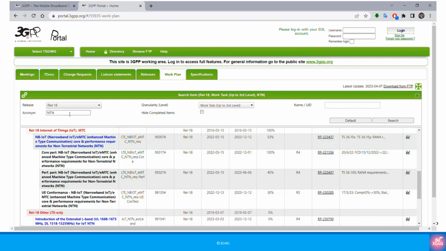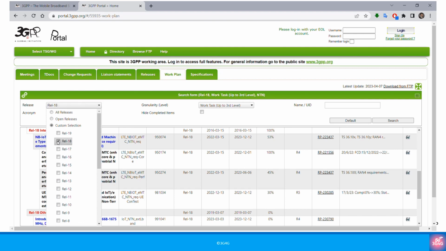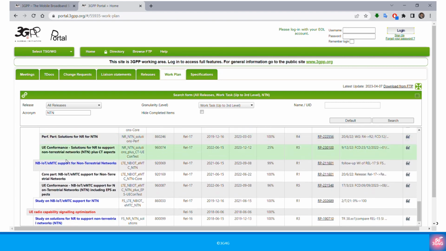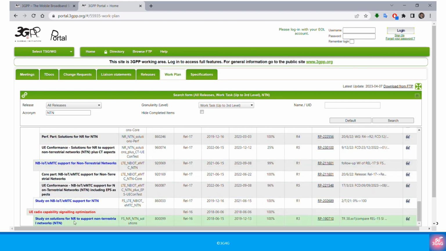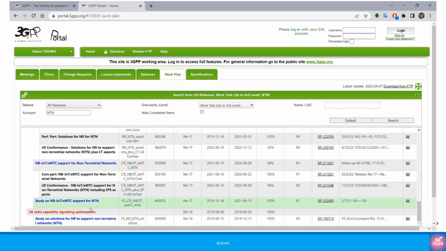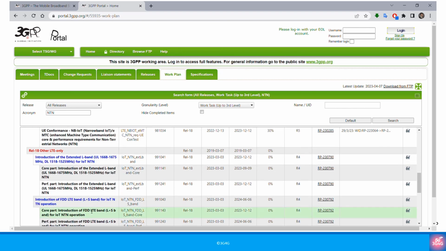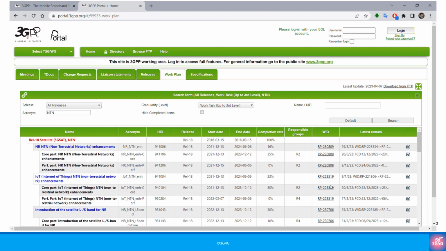Similarly, if you wanted to search this feature across all releases, you can say search across all releases, but you can understand there is too much information, so it's going to search all the way in reverse order. So release 16, what was there as part of release 16, what was introduced as part of release 17, and then release 18. And you have all the documents associated with different releases. So you can go into as much detail as you want, and if you want to go even further, you can go all the way up to the fifth level,